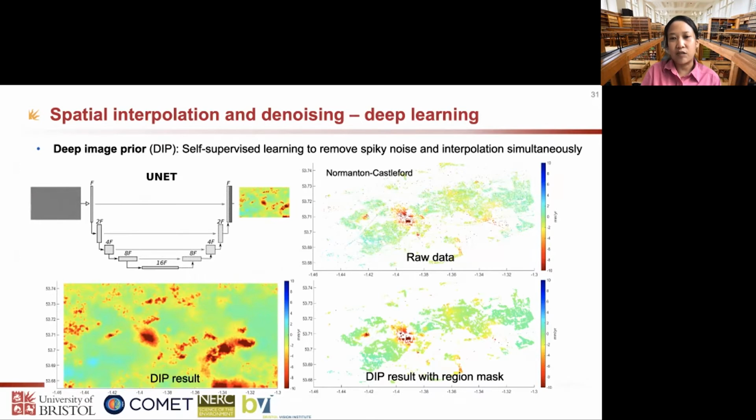Other than the image itself, the input fed in can be, for example, random noise, and then the network learns the statistics of the given image with L1 and L2 loss functions. Basically the output of the network is compared to the given image, which is the raw data. So in the InSAR case, the loss function is calculated only with the existing pixels, and the spatial correlation and the prior are learned through the convolutional image generator. The final result here,